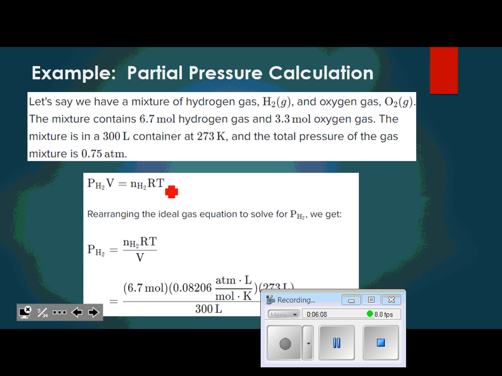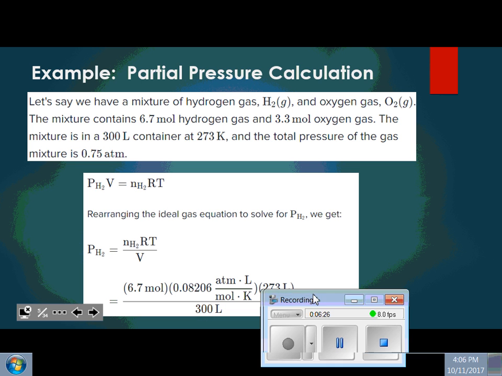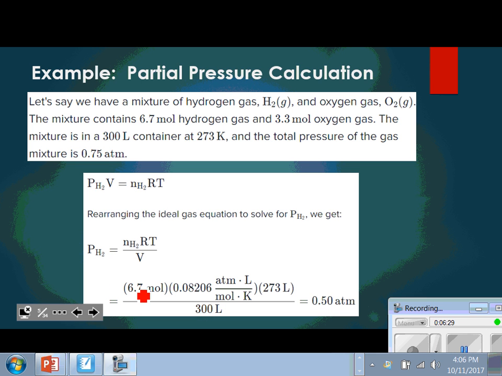So this is just the ideal gas equation, except instead of total pressure and total moles, I just made this pressure of just hydrogen gas and moles of just hydrogen gas. So if I want to rearrange this to solve for just the pressure of hydrogen gas, I would have moles of hydrogen times R times T divided by V. Okay, so then you'd say I have 6.7 moles of hydrogen times the universal gas constant R times the temperature